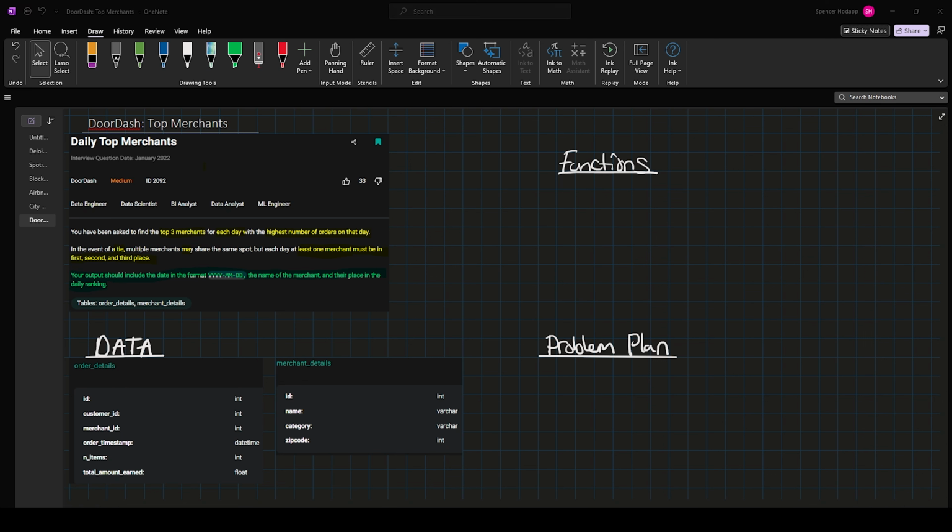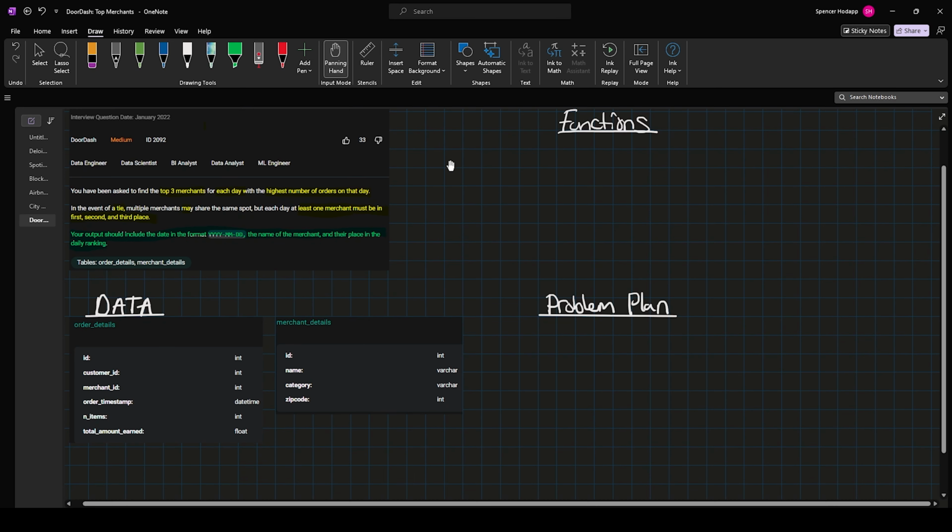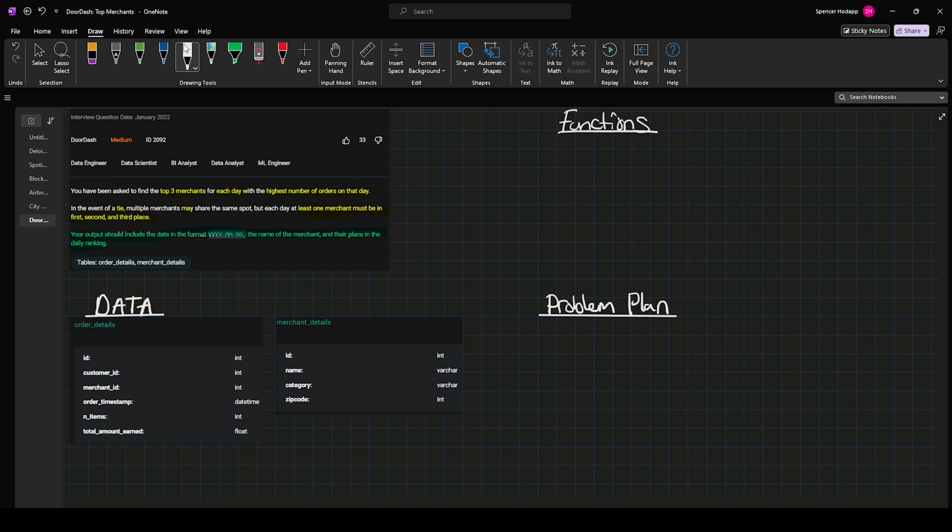Now that we have a really clear idea of what we are expected to do for this problem, let's write out our problem plan. Especially when you're solving these kinds of complex problems and you know there are going to be multiple complex steps involved, it's helpful to start at the problem plan. If you know what you're supposed to be doing, go through the data, go through the functions, but the problem plan is really here to help guide you. And I think it's probably the best ROI on time spent in learning to solve these things.